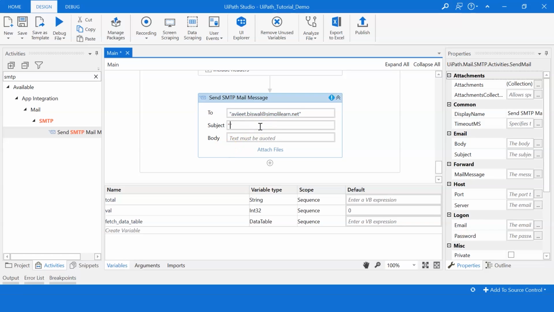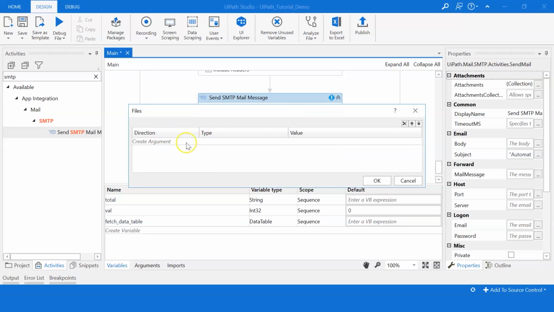I'll give a subject as automatic data extraction. Under body, I'll give something like hi, please find attached. Now we have to attach the file. We have to give the location of the file here.